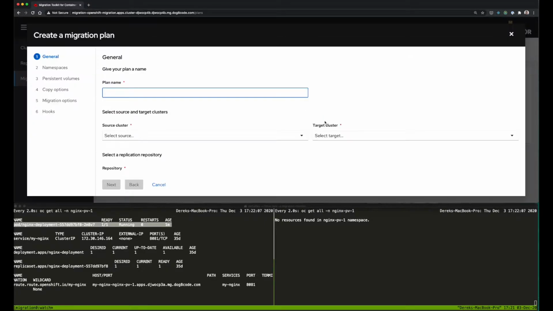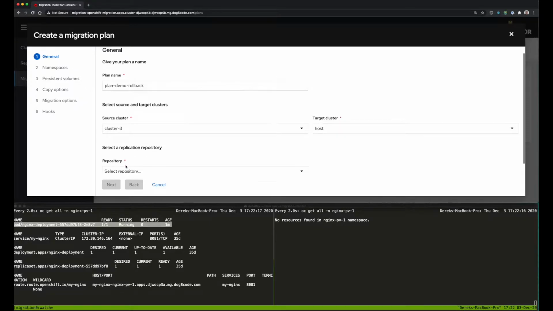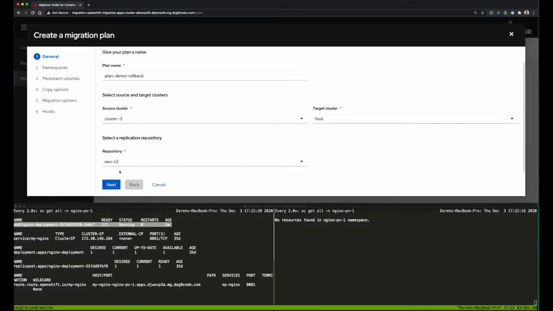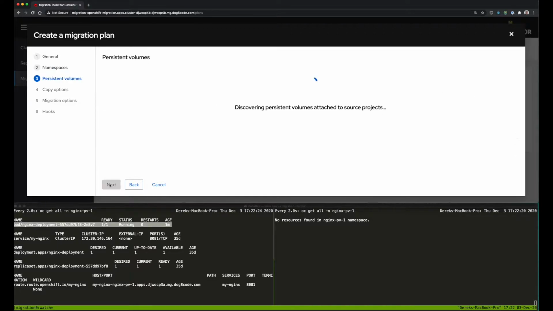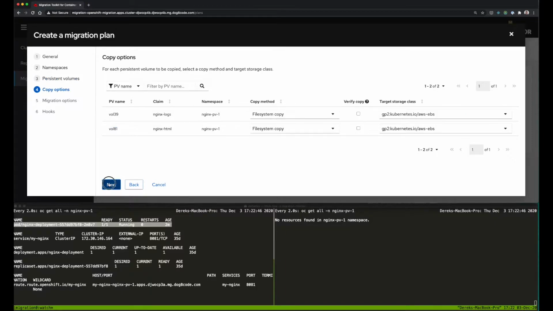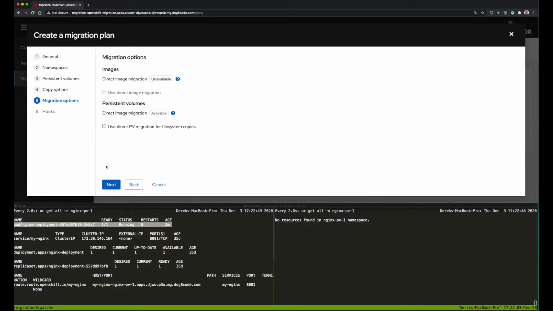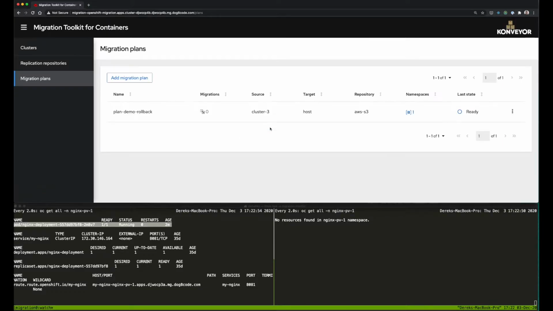So to begin here, let's create a migration plan that's going to migrate a single namespace. We'll select our source and our target cluster and the replication repository where assets will be backed up temporarily. We'll select a namespace, discover the persistent volumes attached to that namespace, and we can see that we have two PVCs in this namespace. Here I'm choosing to use an indirect PV migration, and it looks like validation was successful